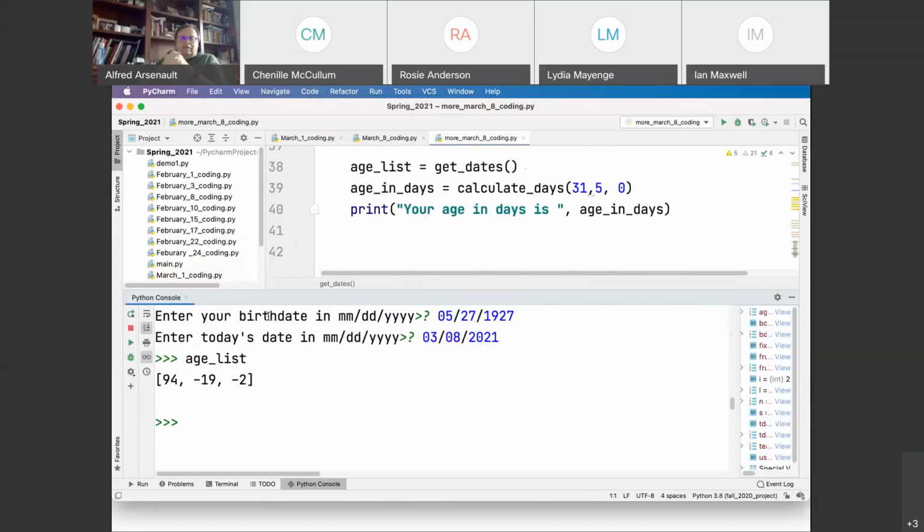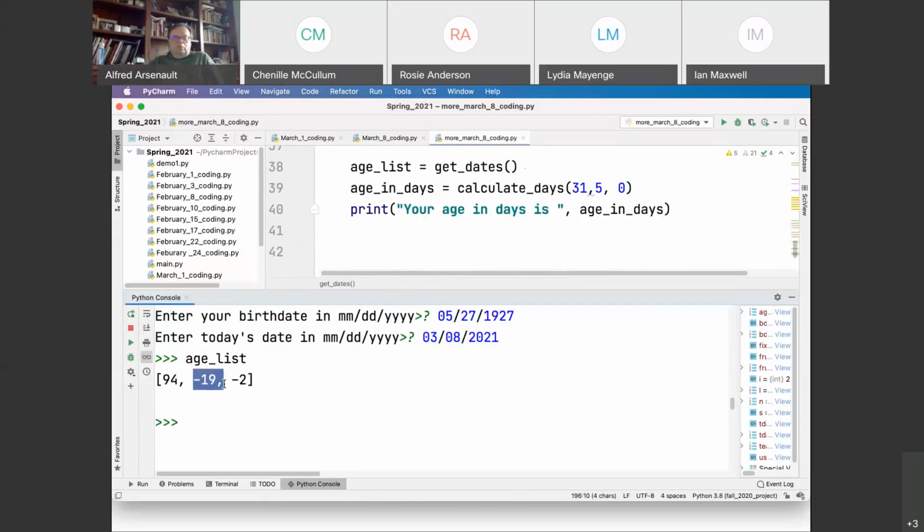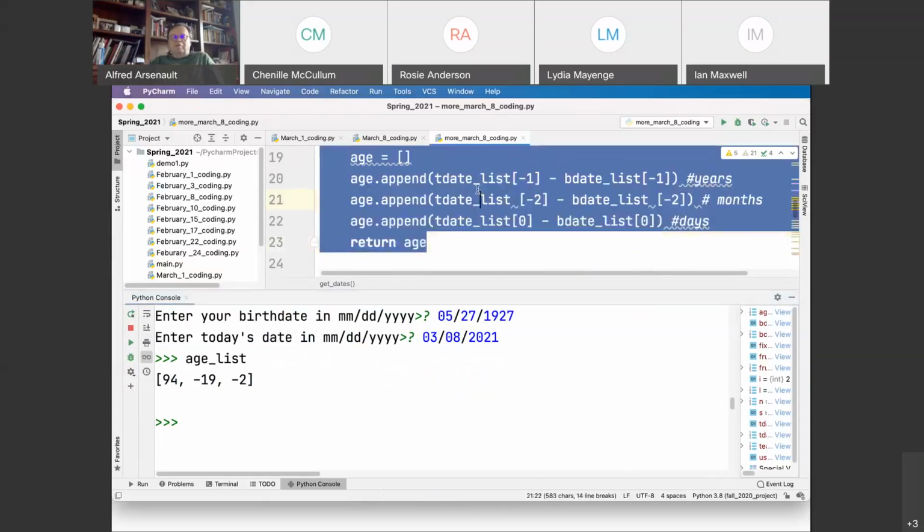94 years minus 19 months. Okay, I got my months and my days out of order. You can see this is why we test. I got my months and my days out of order, and we'll deal with these negatives later. For now, test as you go, I need to go back to my